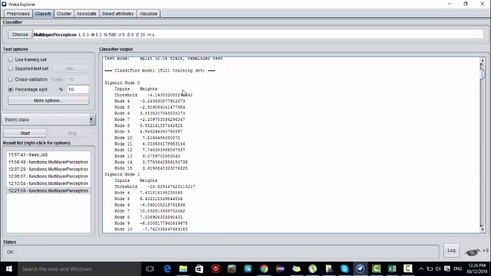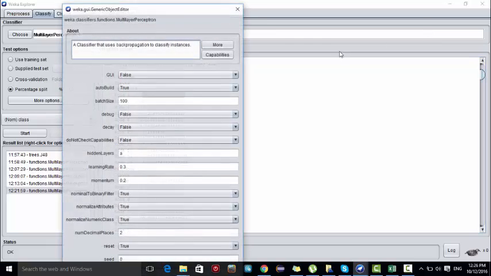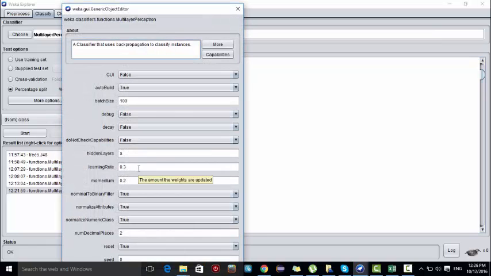And you can see here the weights for each node, and here I have given the learning rate as 0.3. This learning rate relates to the errors, and depending upon the errors, it will change the weights.